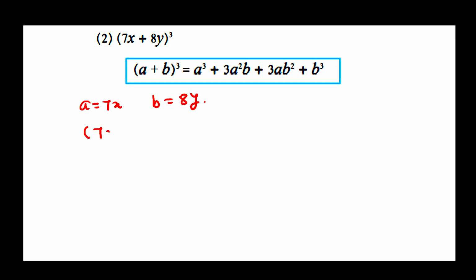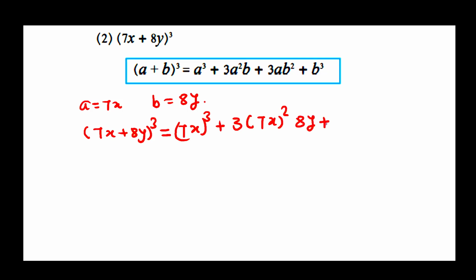Let us put the value. (7x plus 8y) bracket cube is equal to a cube means (7x) bracket cube, plus 3 into a square means (7x) bracket square multiplied by b means 8y, plus 3 into a means 7x multiplied by b square means (8y) bracket square, plus